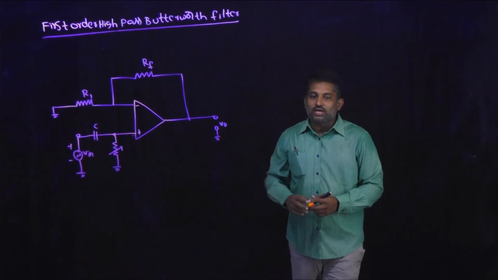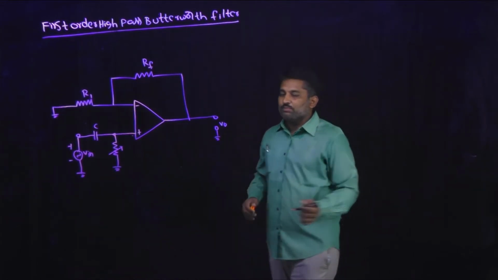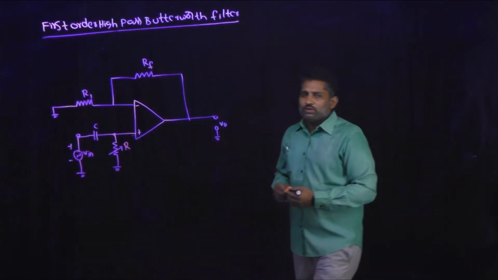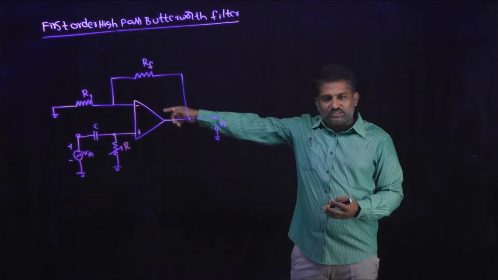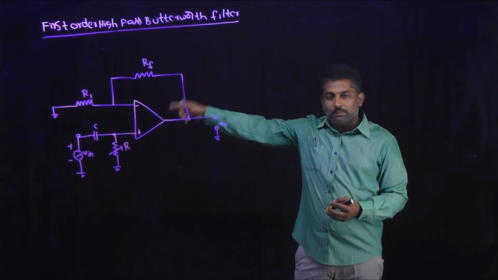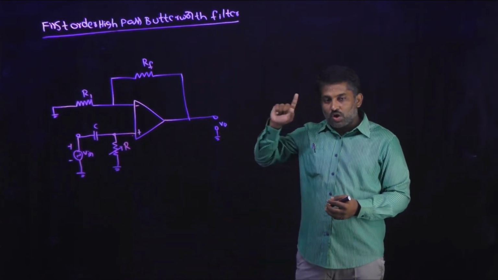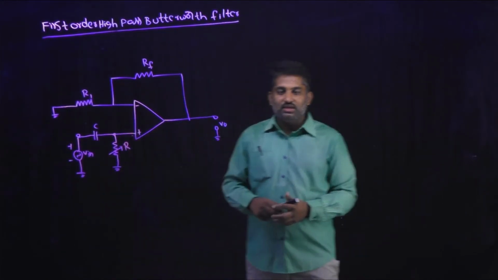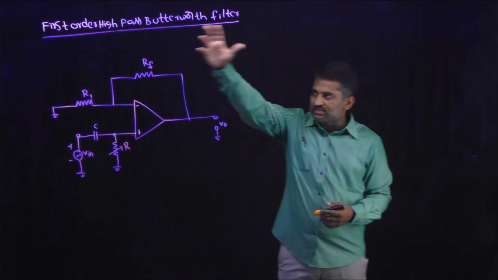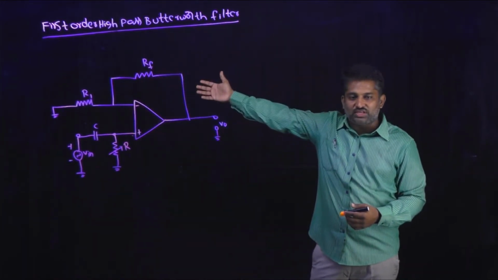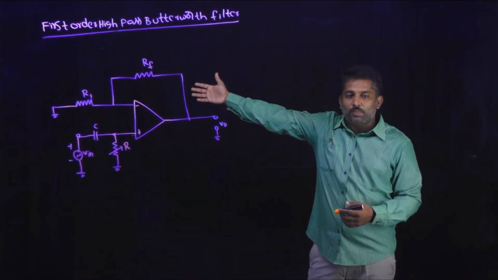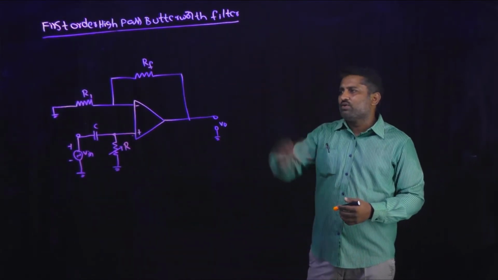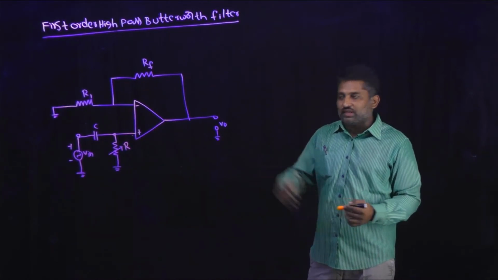If you observe the circuit of the first order high pass Butterworth filter, it will be the same as that of the first order low pass Butterworth filter, but there is a small change. We are just changing the positions of R and C. The remaining things are the same as what we have seen for the first order low pass Butterworth filter. Here also I am going to analyze the first order high pass Butterworth filter by using this